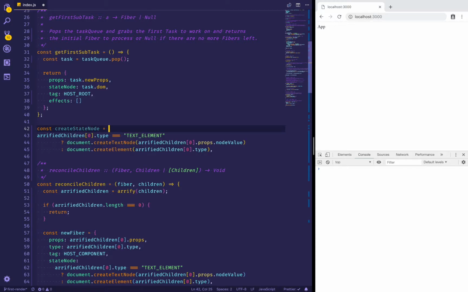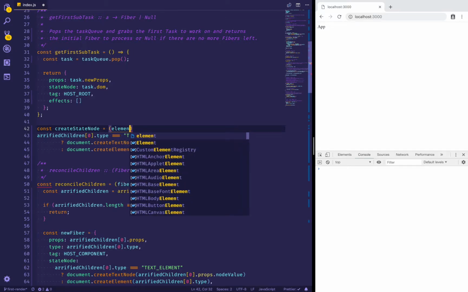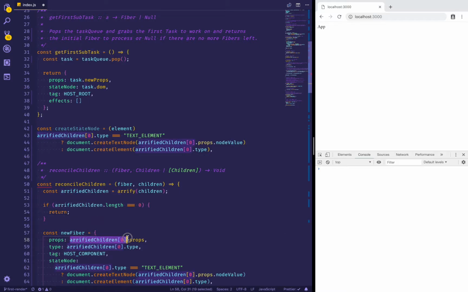Okay, so what we need to have here is the type, and basically what we want to have is the element. If you think about it, this reconcileChildren's 0th element is a JSX tag, so that's why we are mapping the JSX props to the fiber props and JSX type to the fiber type. So we can simply have the element,